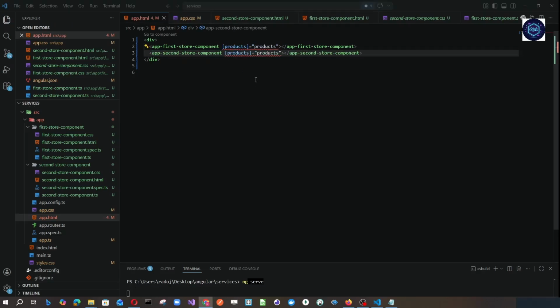In this case, first store component and second store component will share the same products array, and this does work, but